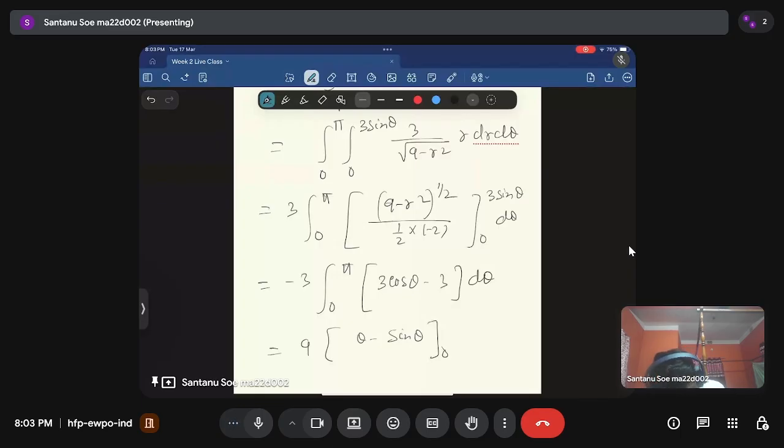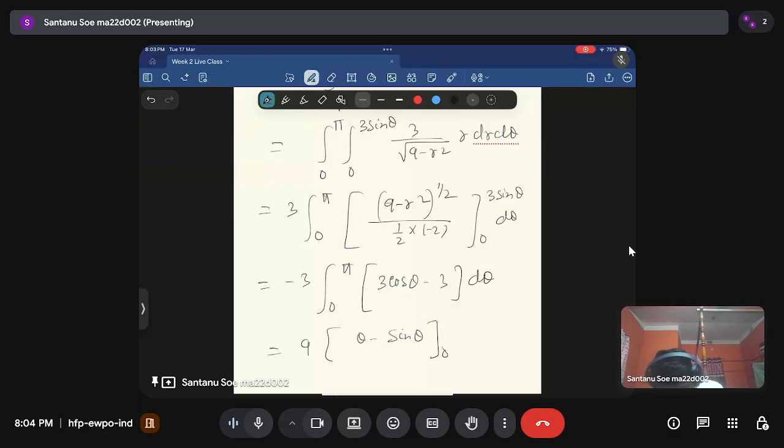Let f equal (2x plus z) to the power 3 by 2 i cap plus (3y minus exponential of z square) j cap plus (x cube plus y cube) to the power 4 by 3 k cap, and S is the boundary of the region G